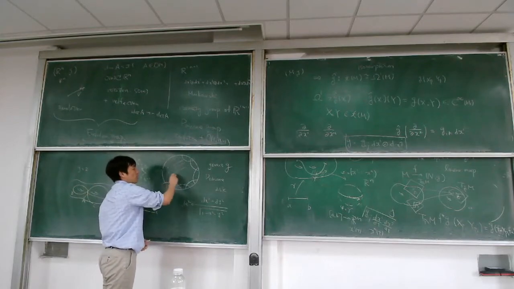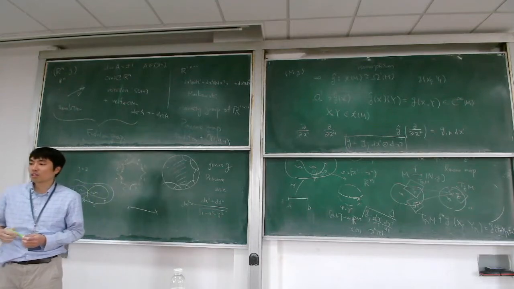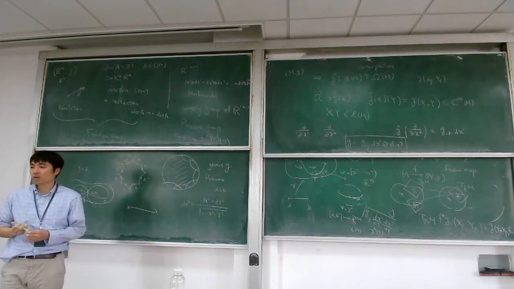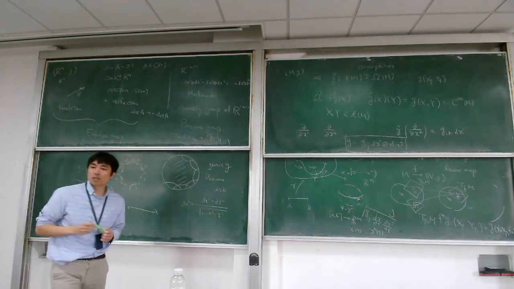And then inside here the curvature is no longer 0. And if you apply the Gauss-Bonnet on this one, you get the correct Euler characteristic. So that's